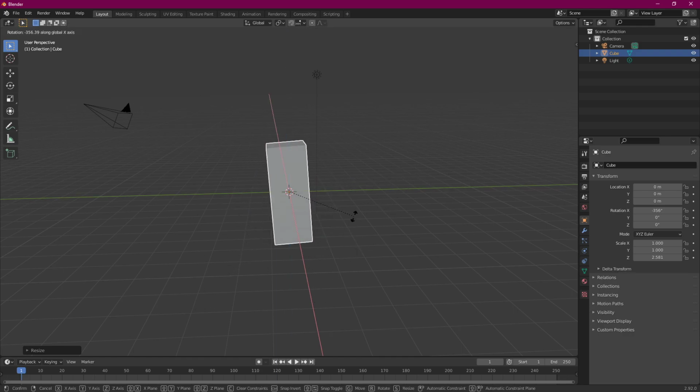but if I want to, I can hit Z. Now I'm rotating around the Z axis, the X axis, or the Y axis. So those three things are very, very important, and it's just something you're going to